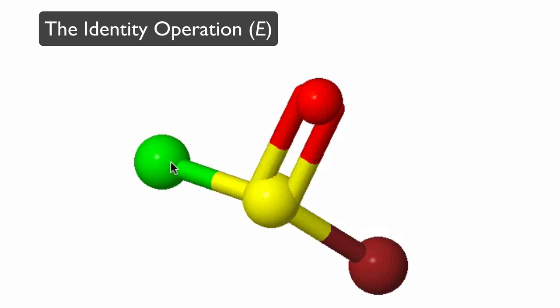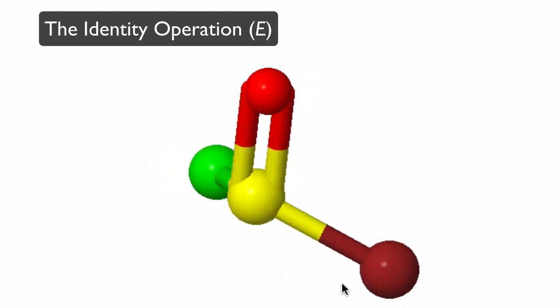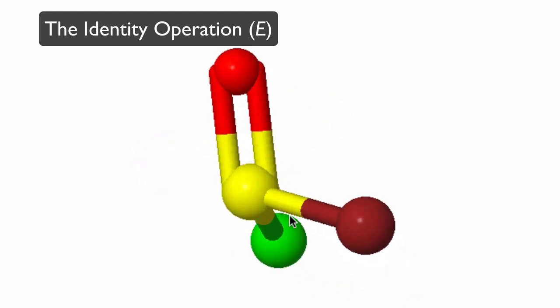If both of these atoms were bromine, or they were both chlorine, then we would have a mirror plane down there, but we don't. And because it's not a planar molecule, in fact there's no mirror plane